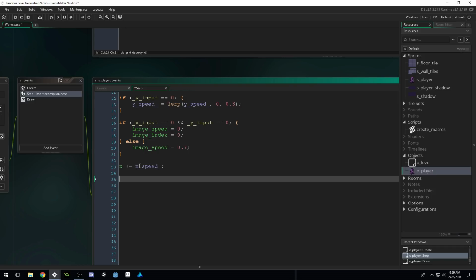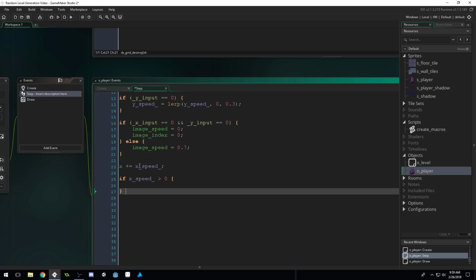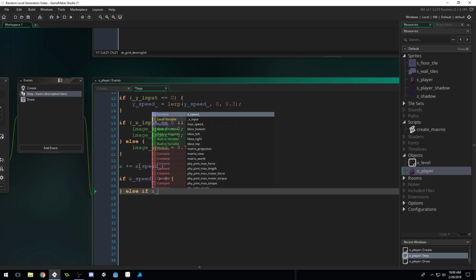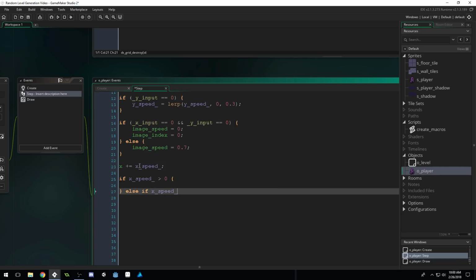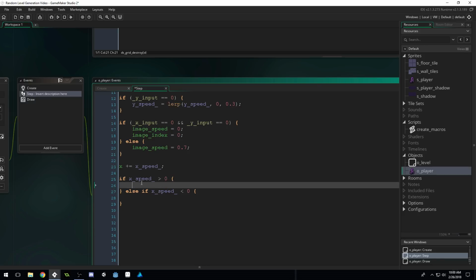Now we need to detect our collisions. So if x speed is greater than 0, we're colliding to the right. Else, if x speed is less than 0, we're going to check for collisions to the left. And we'll do this by saying